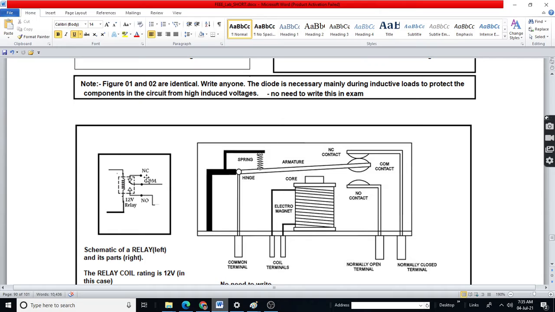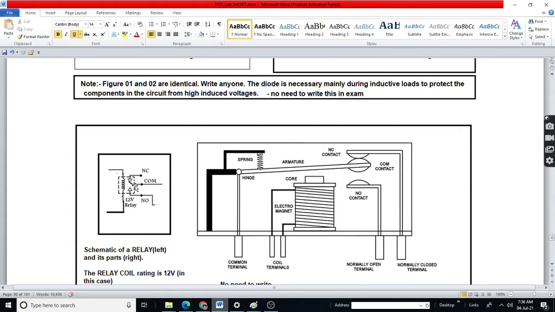NC means normally closed, NO means normally open. So common means this one, NO means this one. See, this is the common terminal, sorry, common contact.